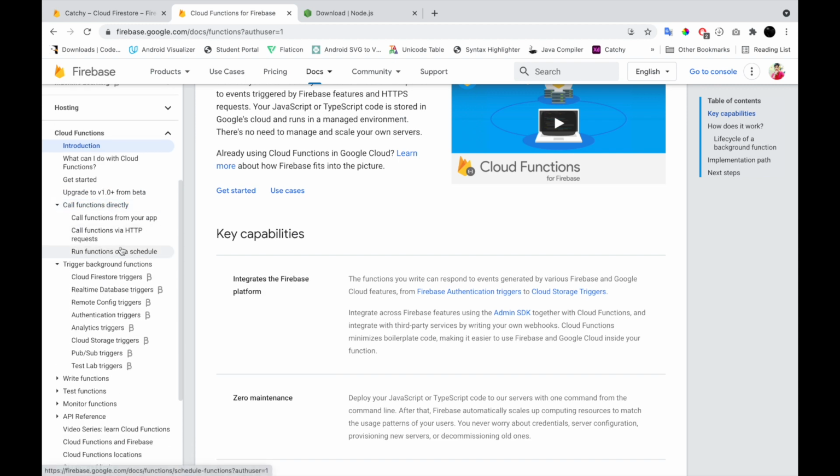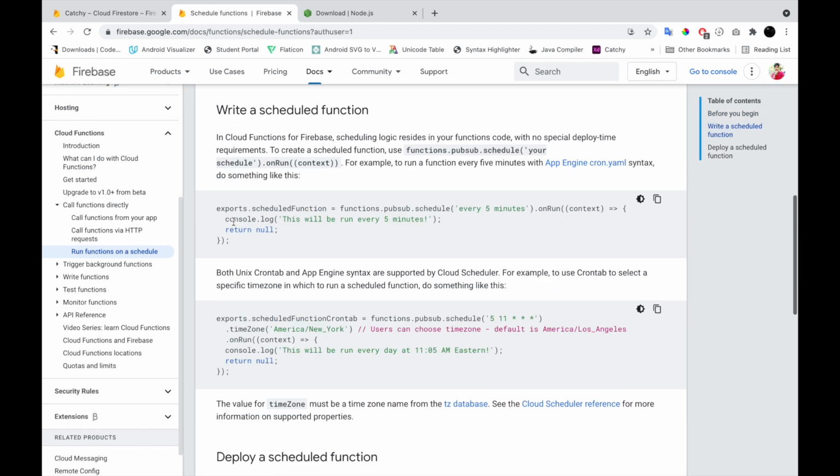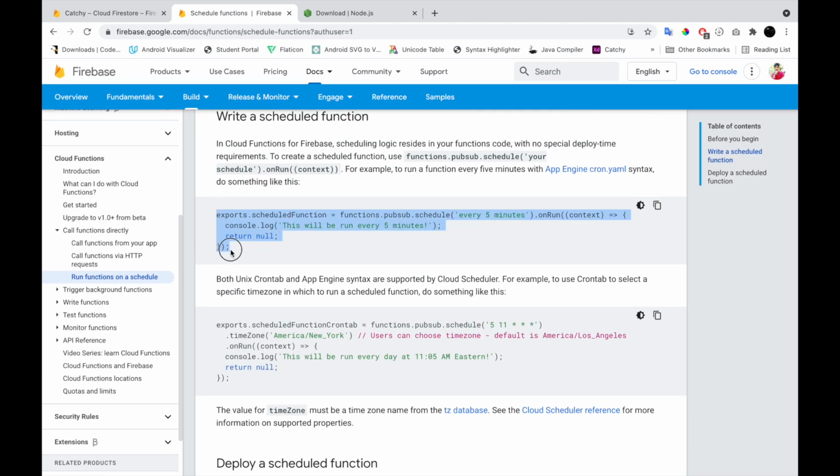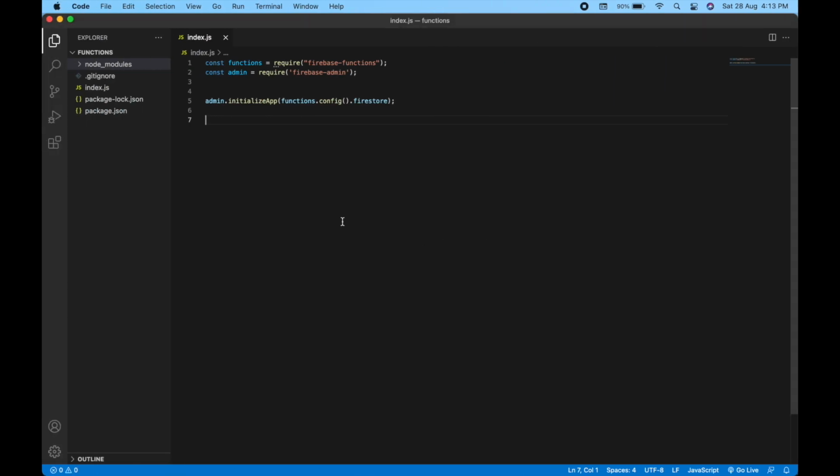Okay, here is the example, run functions on a schedule. Two examples are available. First one is to schedule after every 5 minutes, and second one is to run at a fixed time. We will use this one, every 5 minutes. Okay, exports dot schedule function. Okay, expired stories,